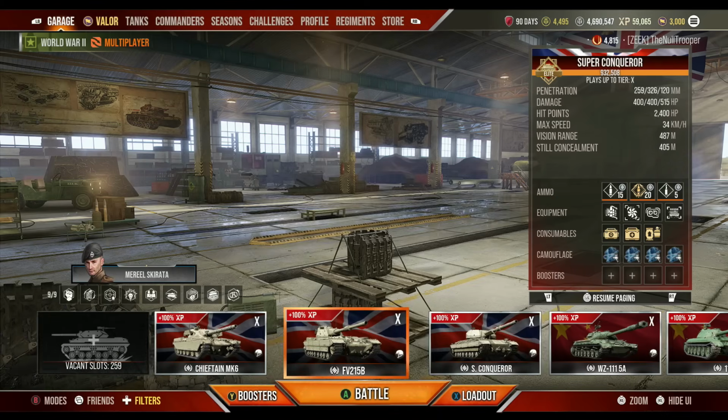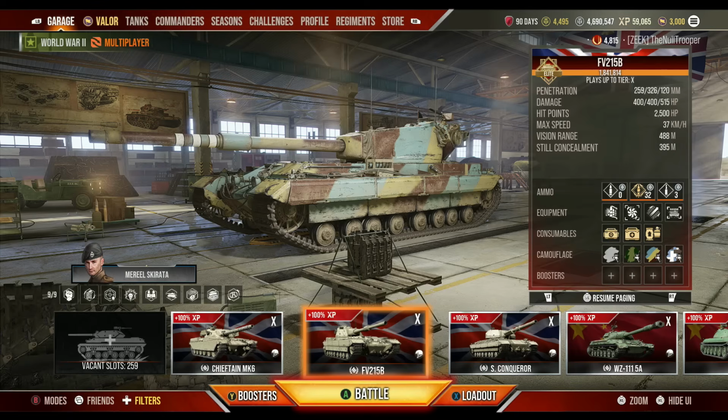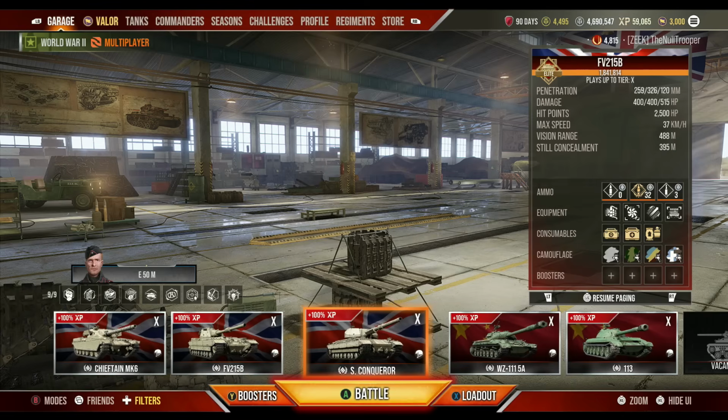In fact, I would pull out the FV2 and 5B over the Super Conqueror every day these days. Better gun handling, better DPM, better side scraping abilities, better mobility. It's just a better tank in my opinion. And then the Super Conqueror,